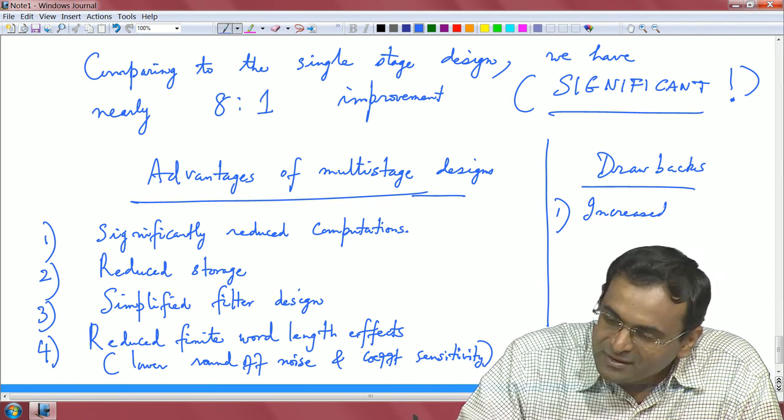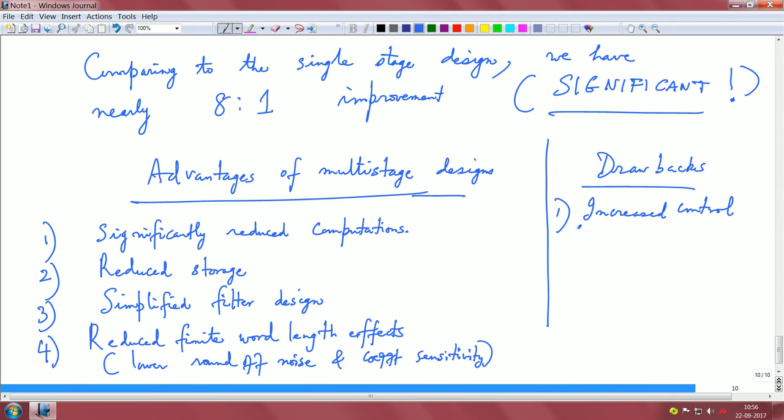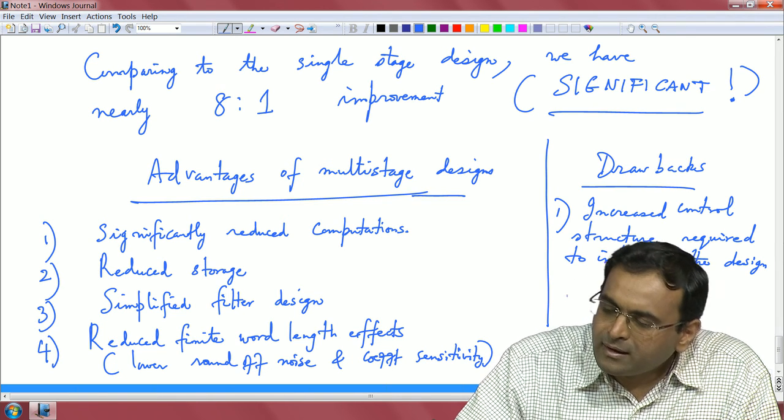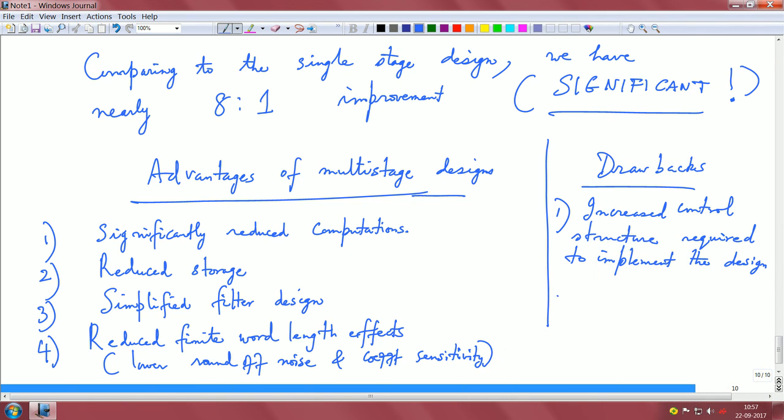So one is increased control structure required to implement the design. I mean, you have to be slightly clever how you stitch the blocks together. There will be timing issues and many other things that you will have to take care. It is a little bit of implementation detail, and I think then you have to really do your design